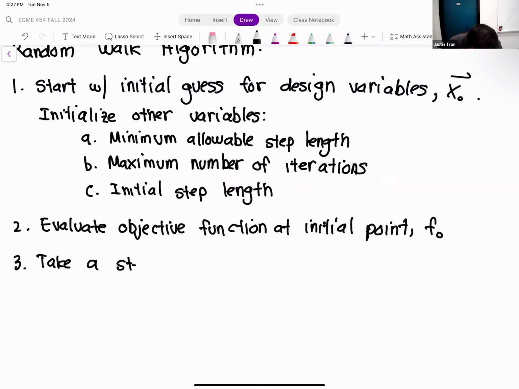That's probably more accurate. Okay. So here's how to take a step in a random direction.